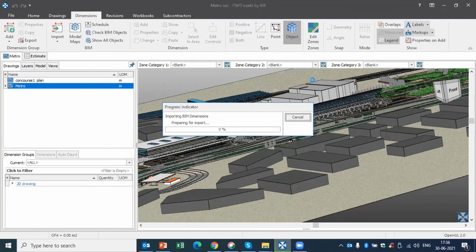So compared to 2D, when we adopt BIM for a project, it saves our time in the quantity calculation. So quantity is getting extracted. So if you see flooring quantity, lighting fixtures, pedestal, pile foundation, column quantities.